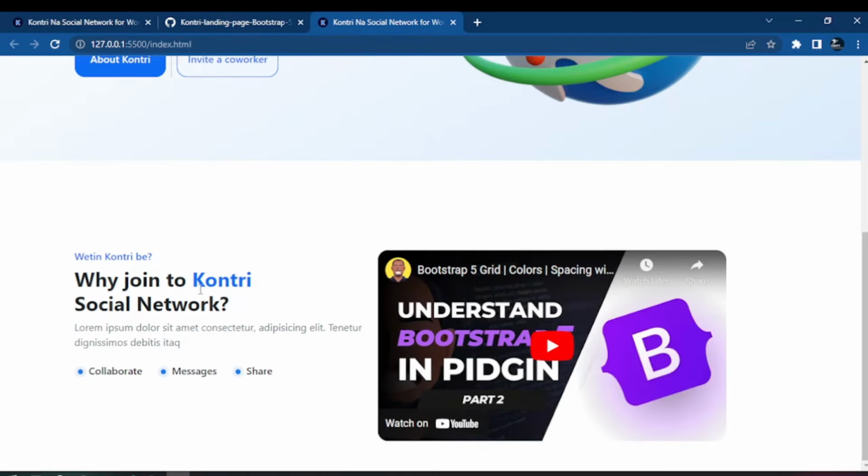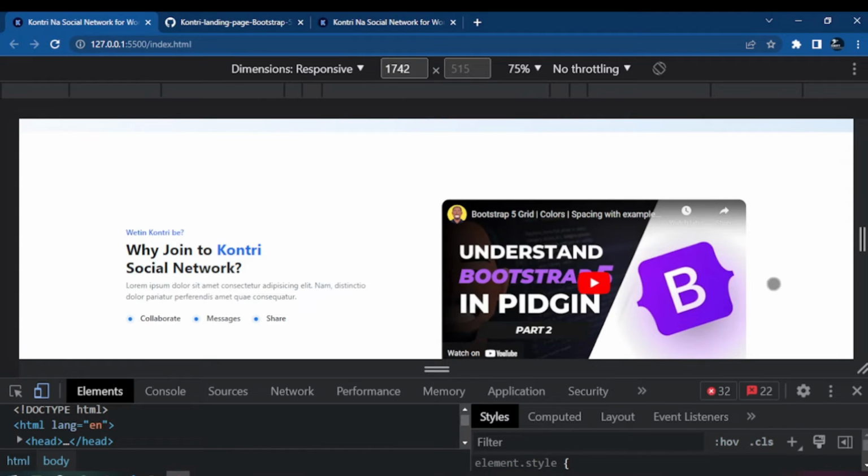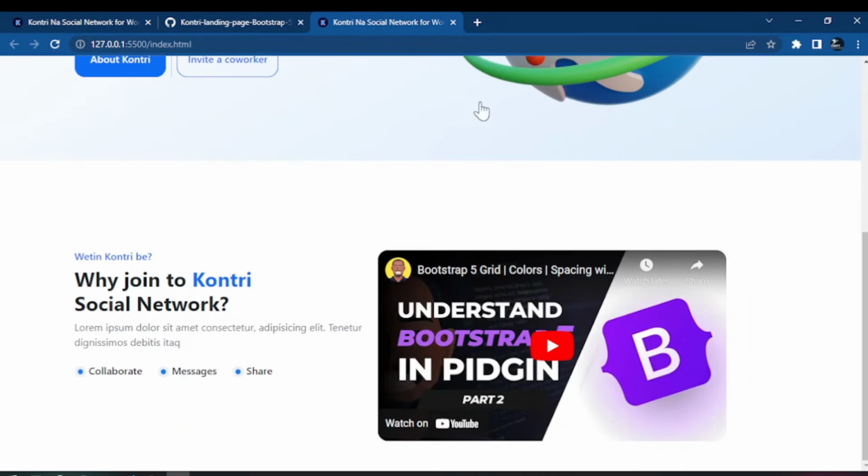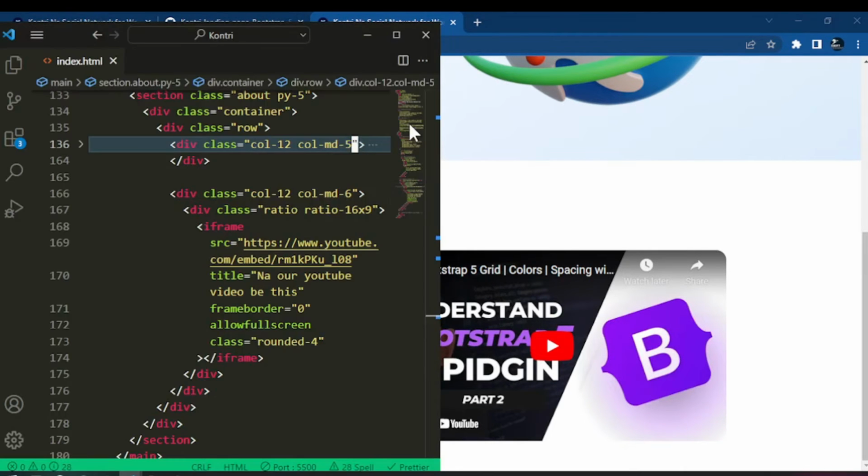Because this side is 5 columns and this side is 6 columns, we get this extra space which we don't want. Because if you look at the other side, the finished version, you'll see this extra space, here you get this space, it gives us. So what do we want to do? What we want to do is put an offset on it. We want to make an offset. So how do we do that offset? Well, as I said, we'll do it. We want an offset